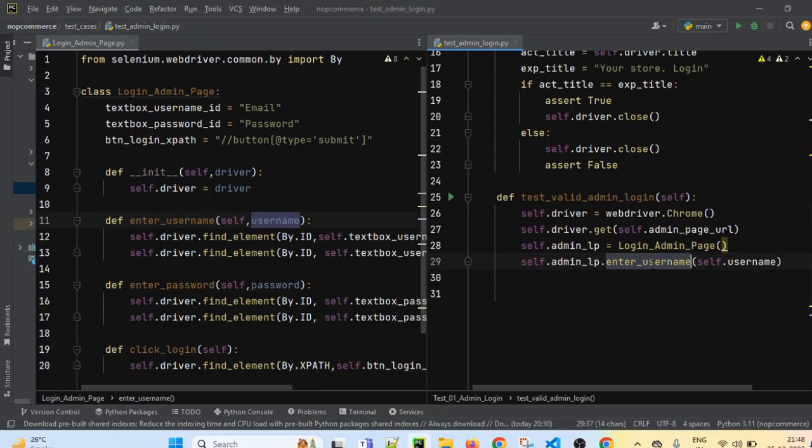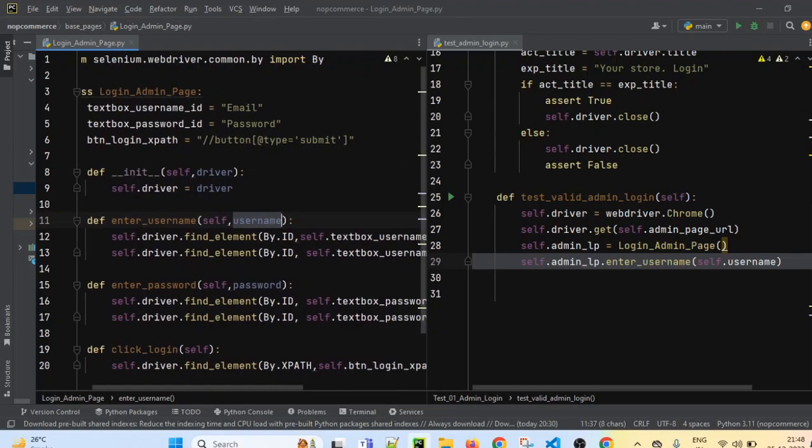We are calling this enter username method. So it will pass this username value to enter username here. And then what will happen? This username will be passed to locate. So enter username method is called. Whenever we have created the object of this login page, it has invoked the constructor, right?